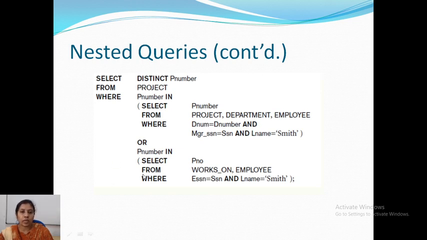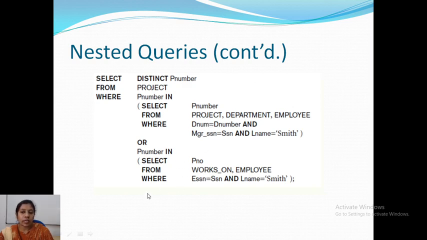We need to find both sets of project numbers: one where Smith is working on the project, and another where he controls the department in which that project is carried out.